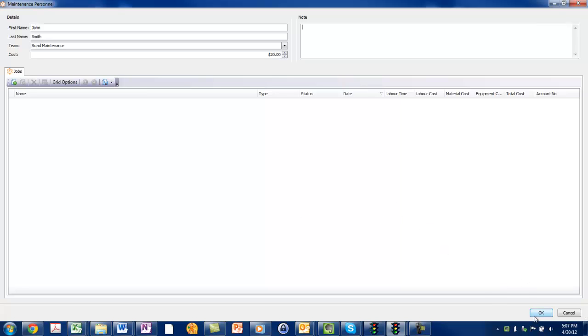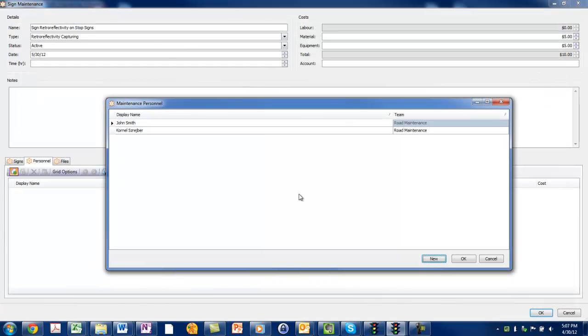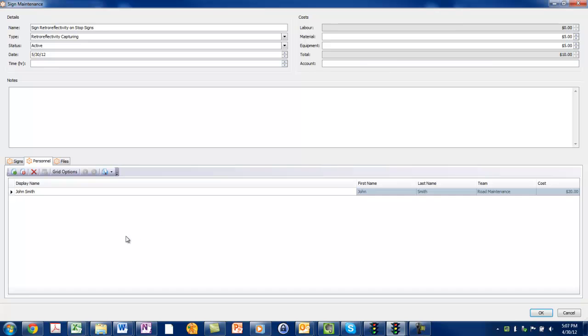So once we're done, we just click OK, and here you'll see John Smith has appeared as part of the road maintenance team. And now I would like to assign him to the project, so I'm just going to click on John Smith, click OK, and as you can see here, he appears now under the personnel. So for this particular project, here we have the material and equipment costs for the whole thing, and John Smith's the employee. And now if we put the number of hours that this takes,